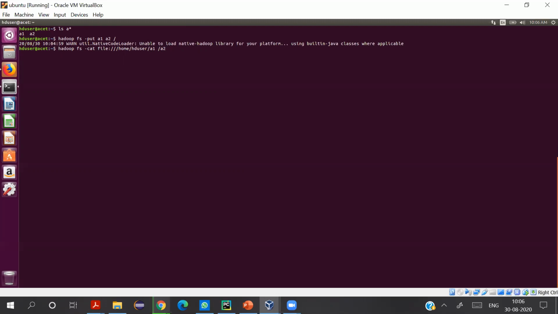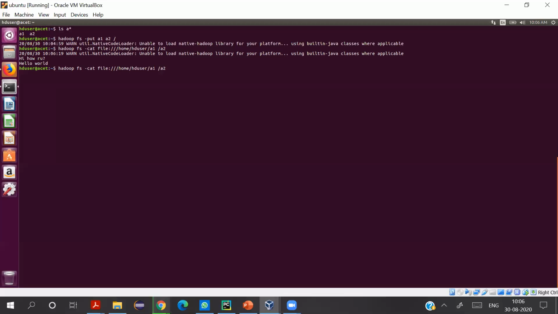So the scheme hdfs is already configured. Okay, so with this it will list both the files. A1 from your local file system, that is hi, how are you, and A2 from your distributed file system. Now I can again mention an explicit absolute path for A2 also.